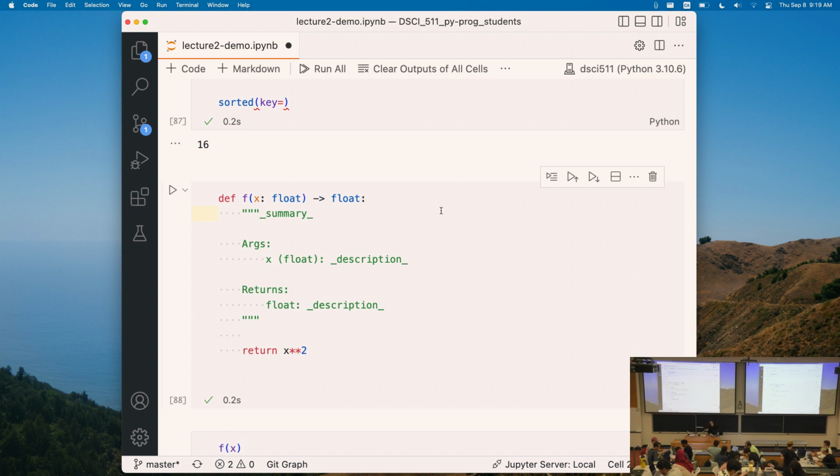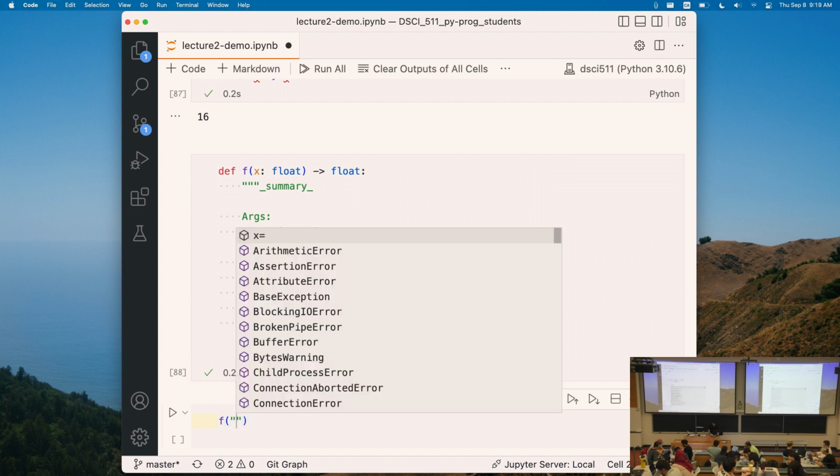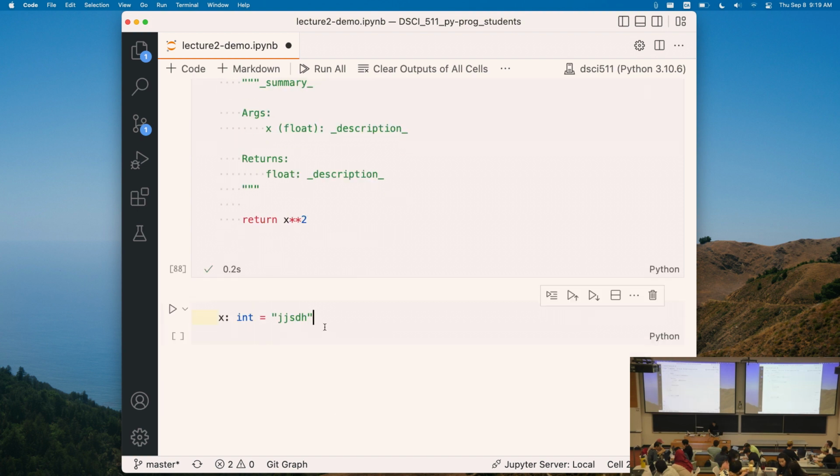If you supply a string, in VS Code, it's going to complain. Okay, for example, if I do something like, let me do this. So x is going to be an integer, and I define it as a string. And okay, so maybe, yeah,